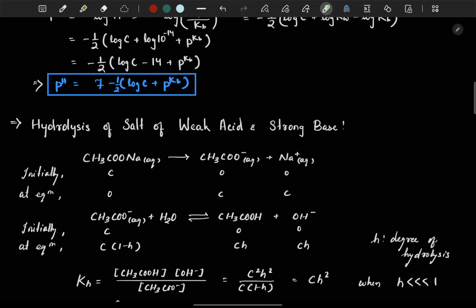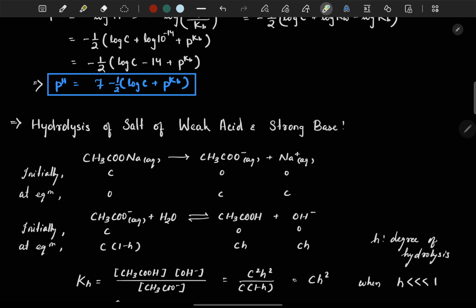So here the base is strong, that is NaOH, and this is weak acid, that is CH3COOH. So when we dissolve sodium acetate, it will produce acetate ion and sodium ion, out of which this sodium ion will remain solvated. It will not interact with water, but this CH3COO minus will interact with water to produce and remain in equilibrium with acetic acid, and it will also produce this OH minus ion, which is responsible for the higher pH of this